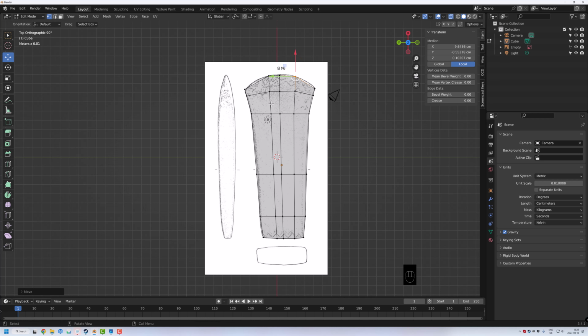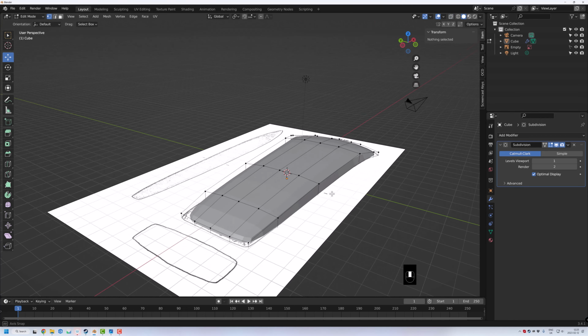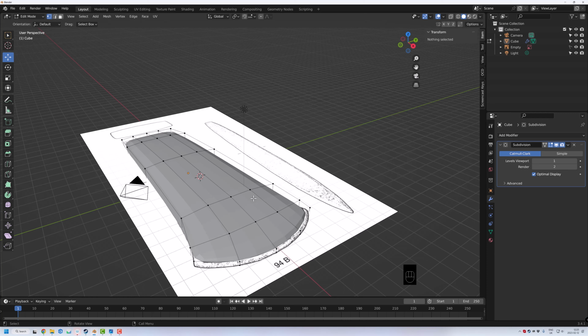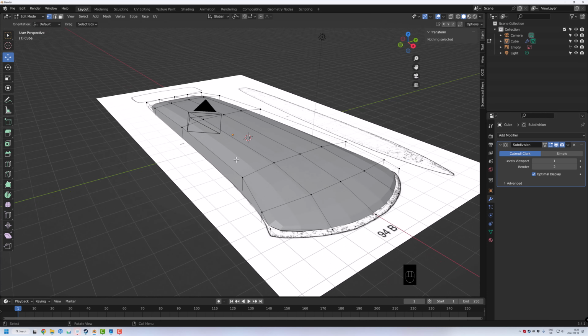Down. We can spread that out just too, just so it gets a bit more shape. There, that should be good. And I'll go to the Modify Properties panel on the side, and I will add a Subdivision Surface modifier. So what this will do is it will make everything a little bit smooth and blobby. This is good in a way, but we also want to make sure it keeps some of the shapes that we want. To do this, I'm going to have to add in extra support loop slices,